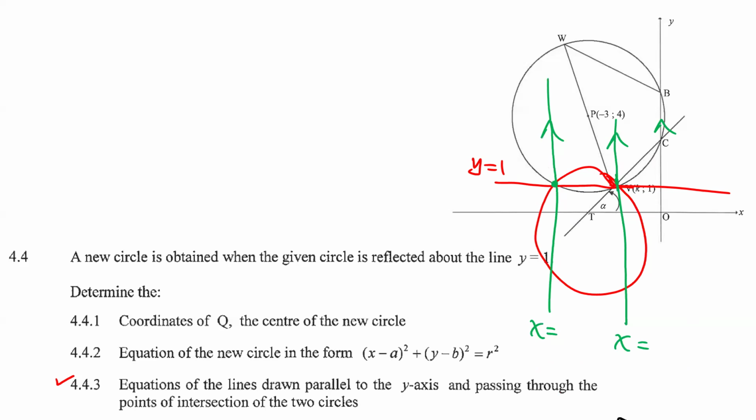What are those lines there? And how do we find the equation? So in other words, at this point, we need to think and realize that we need to find the